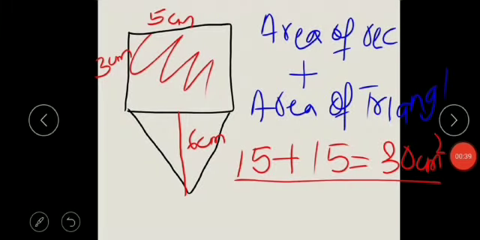This was just a revision about whatever we have done earlier. So now let's go towards a different link and just have a look at what basically the parallelogram shape is. Now we're going to explore what a parallelogram is, how it was formed, and how we can calculate the area of a parallelogram. So let's zoom in.